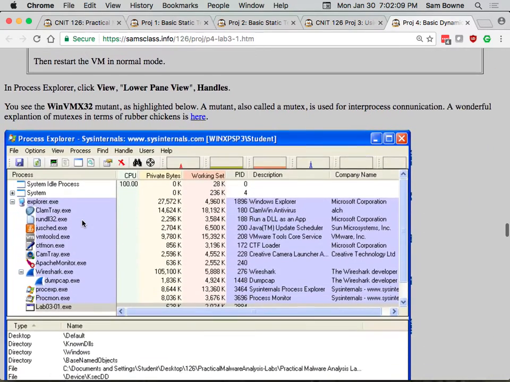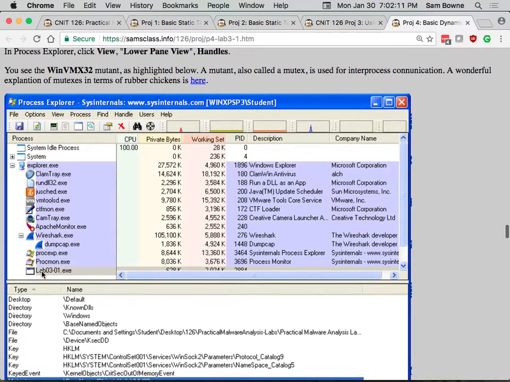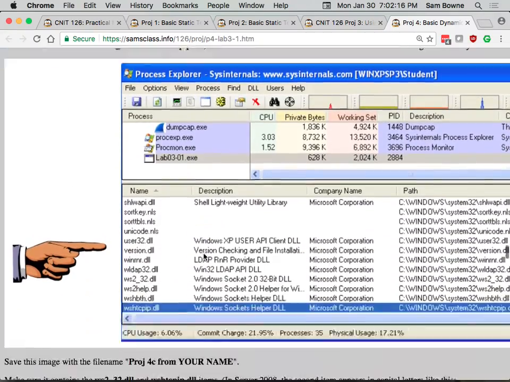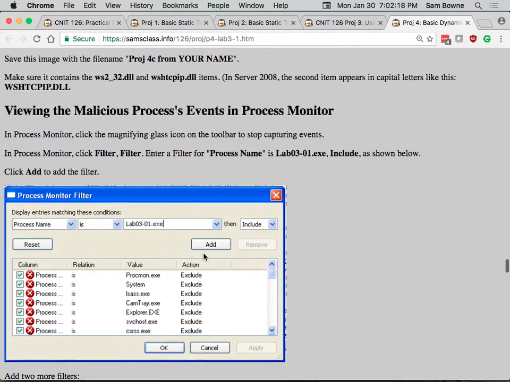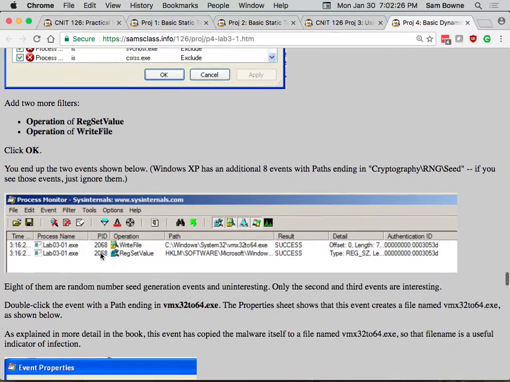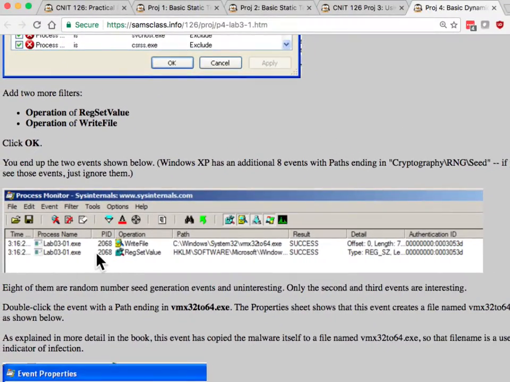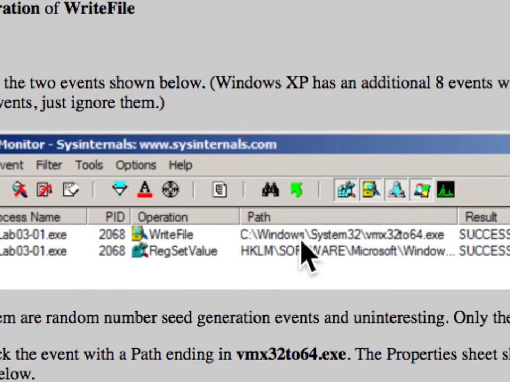And when you run the malware, Process Explorer will show the malware running, labo301.exe, and Process Monitor will show about 10 events. And then you can stop it and analyze those events. And so you get down to just these 2 events. These are the ones that are critical to us. It writes a file called vmx32to64.exe, which is a name to try to look like part of VMware, to make people think it matters. And it sets a value in the run key to make it automatically run at startup,